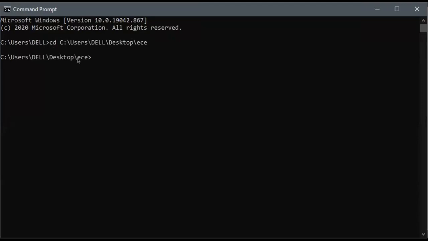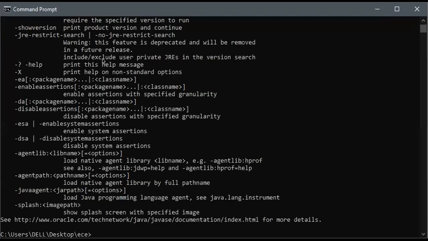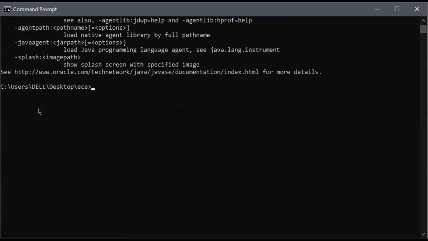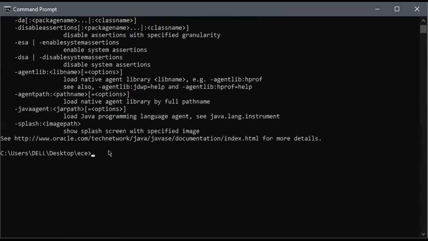Here your program is available. Let me check whether Java is available inside my PC. Type the keyword java and then press enter. If you get all these files, then it is available. I have both 32-bit and 64-bit, so that you come to know whether it is 32-bit or 64-bit. Again, I'm going to check whether the path has been created or not.